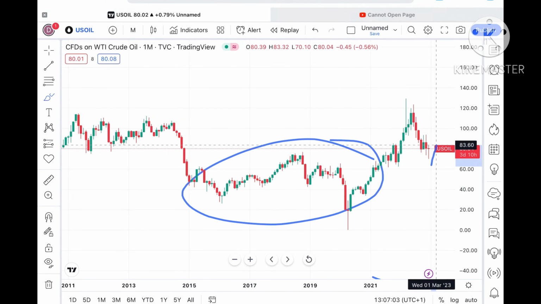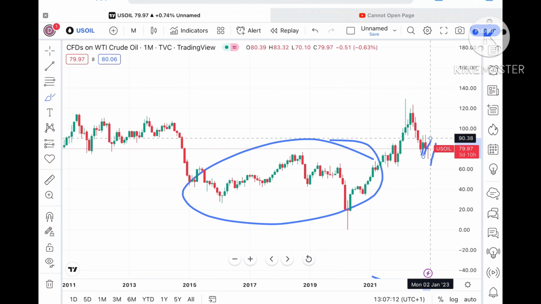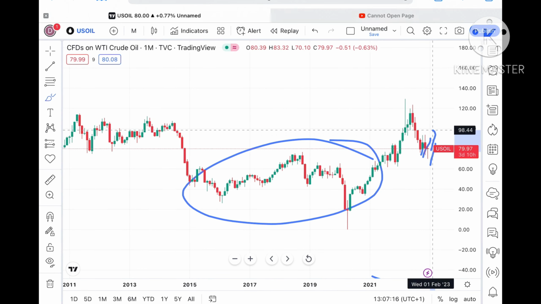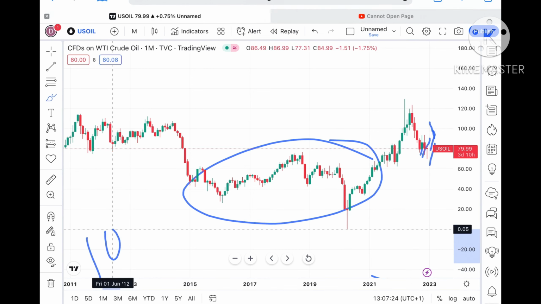If the price sustains, we can see it can go towards $84.87, and from there a level of 85.29. If the price sustains above that level, it can go towards 90.38, and from there it can cross this particular zone and there is a chance of going towards 98.44. Once the price sustains above that level, it can cross that particular zone and touch a level of